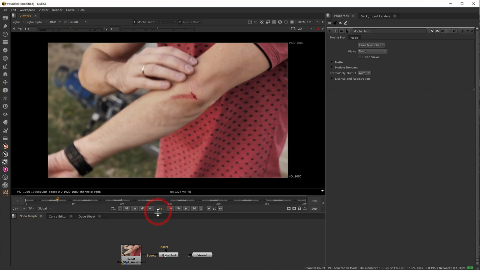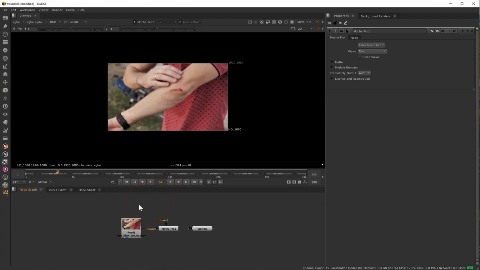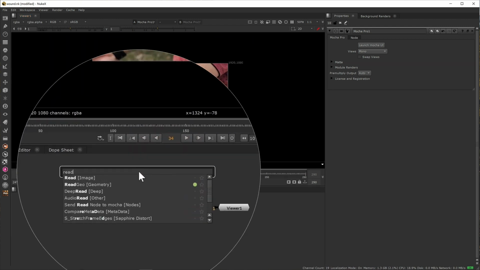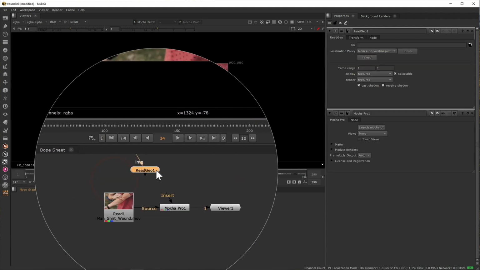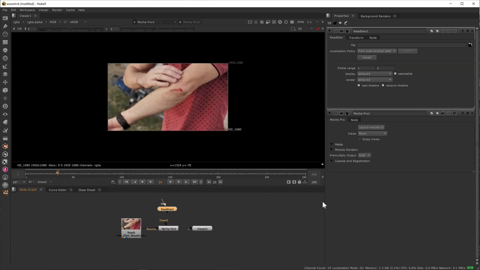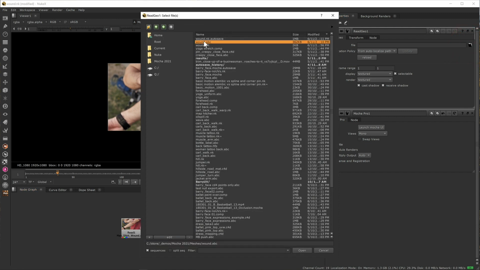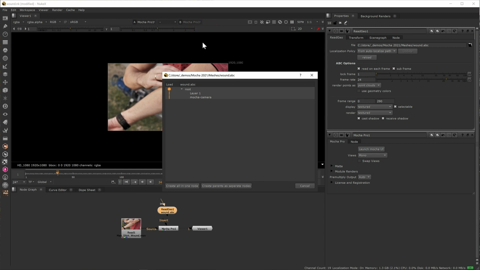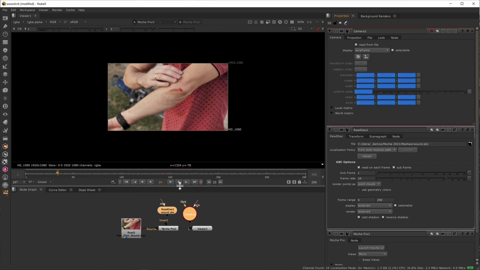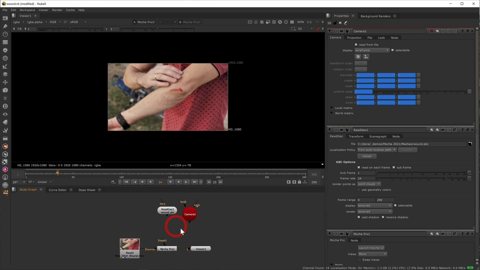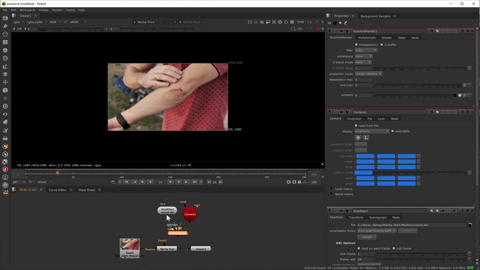Let's take a look at a few of the ways the Alembic data can be set up in various applications. In Nuke, you can use the Alembic data as a speedy warping effect. Start by bringing in the footage you tracked in Mocha, and then add a ReadGeo node. Open the exported Alembic file via ReadGeo's file browser. Change the import parameters if necessary, and then ReadGeo will ask you how you want to set up the camera and geometry nodes. Once your new camera and mesh are in the node graph, create a scanline renderer node and feed in the ReadGeo, camera, and source image into the inputs of the scanline renderer.